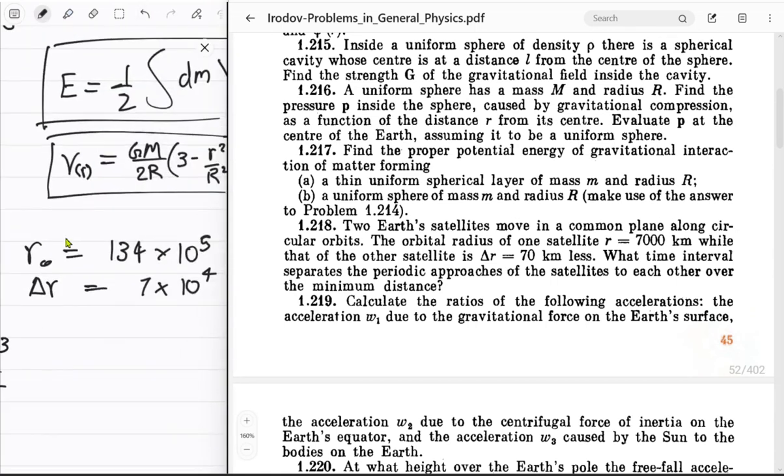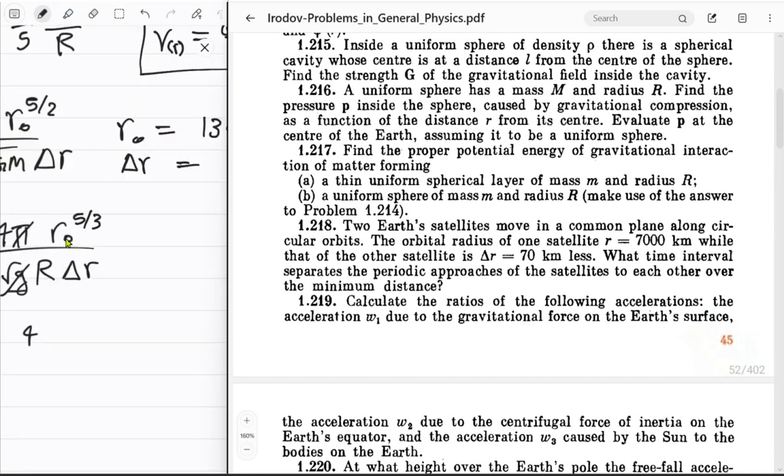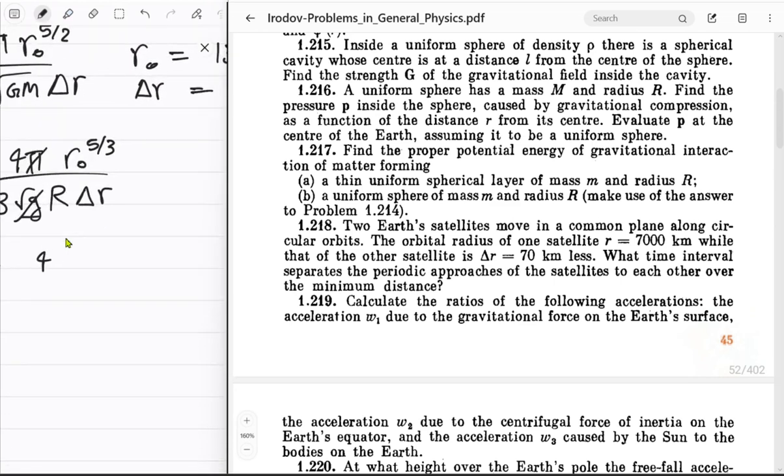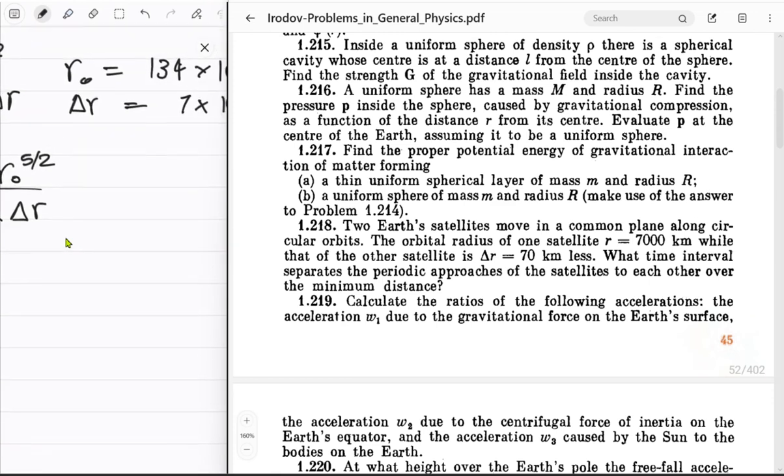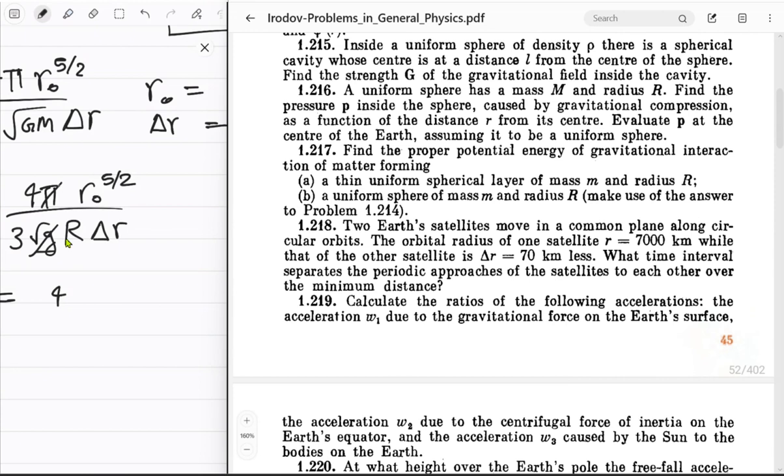For r naught is, where did that go? This, right? So this is, wait, why is this 5/3? It's supposed to be 5/2. You can see that over there. So, wow, this is draining. You're gonna get a square root, and that's just bad. I don't want a square root. Why am I getting a square root? It should give us the, right, it should be in a time, not,